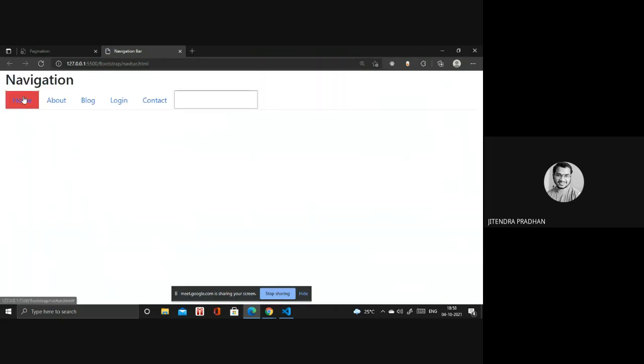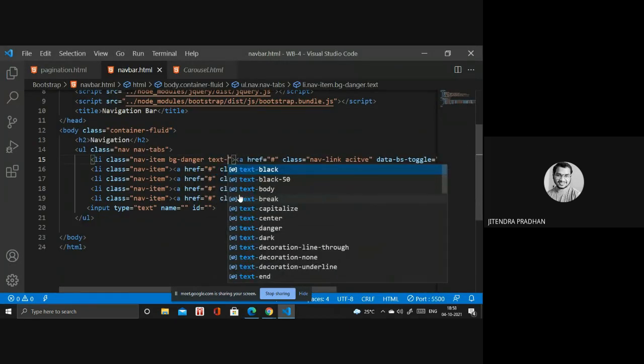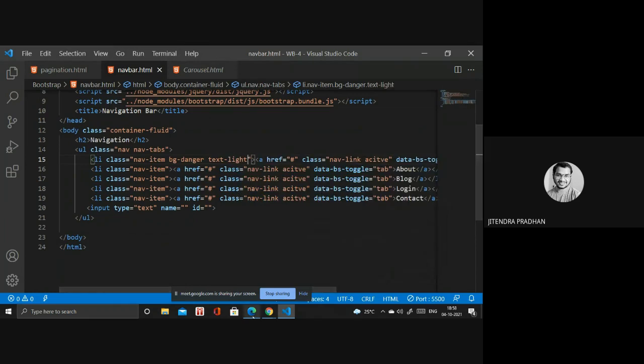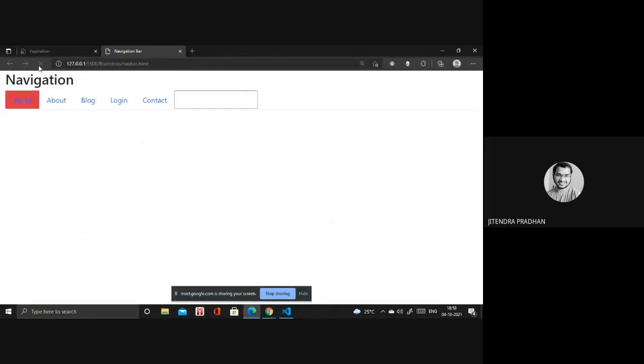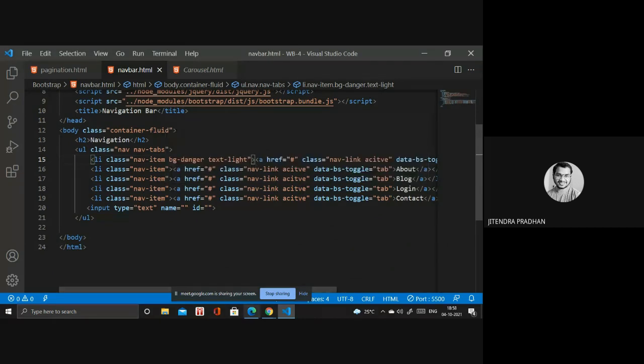Okay, it looks like that, right? If you want the text to be white or light color, you have to give the light color. It's not light color because it's a navigation part, that's why it's not affected. You have to write the CSS for that. It's like an anchor tag inside, you have to give the color. We already discussed that part. If you require another color as well, you have to copy that and give that, whatever is required.